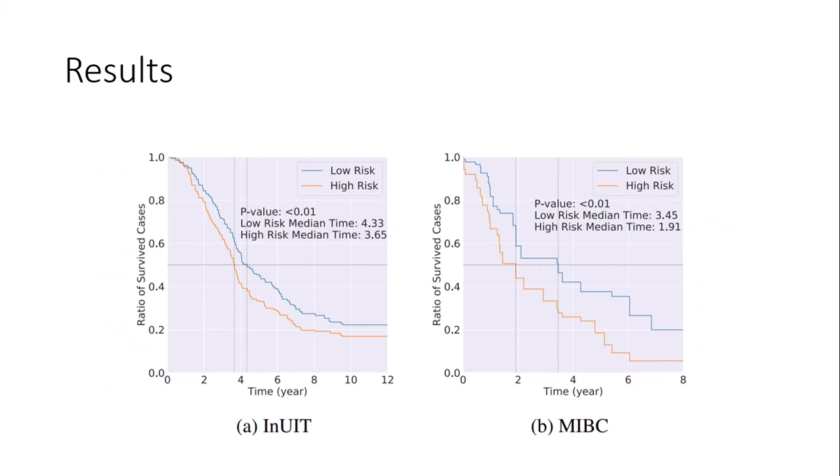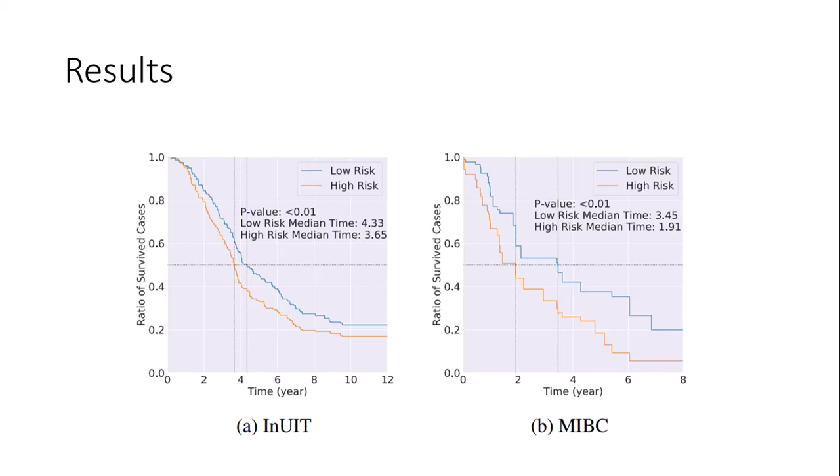To be more specific about the separation of the cohorts, we take the median of the predicted survival time within each dataset and then divide the patients into high-risk and low-risk cohorts based on the comparison of the predicted survival time with this median. Then we take a look at the actual survival curves of these two cohorts, and as you can see, in both datasets, there is a clear separation between the actual survival time for the high-risk and